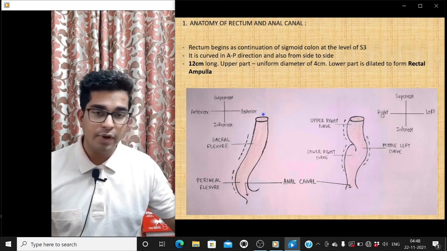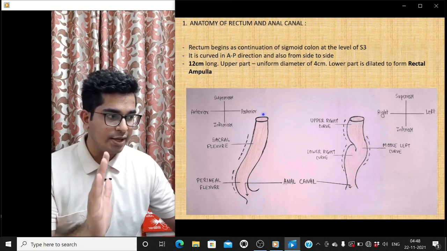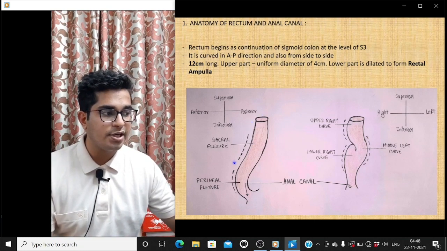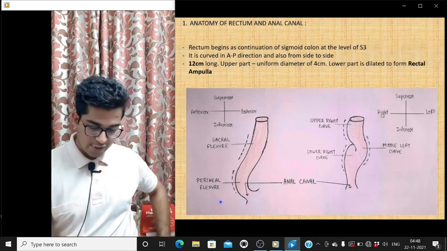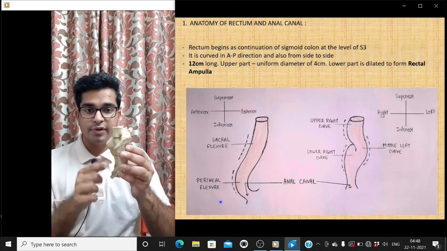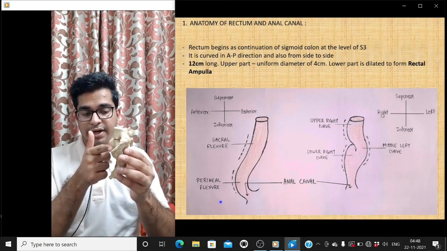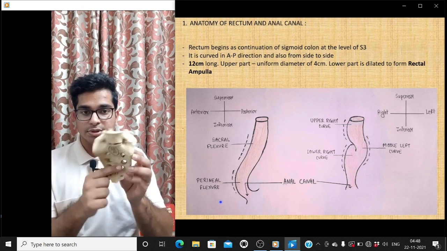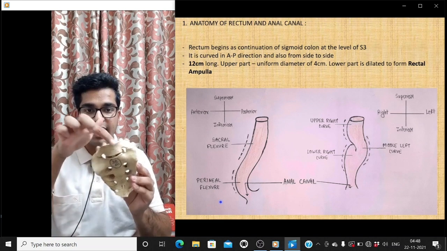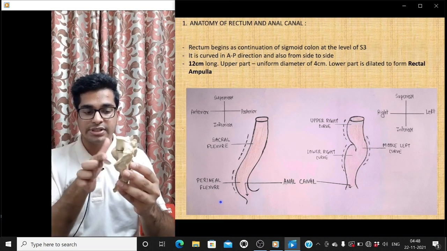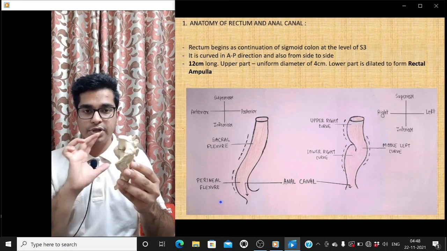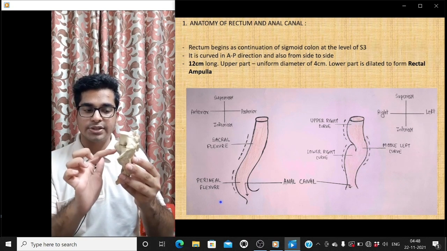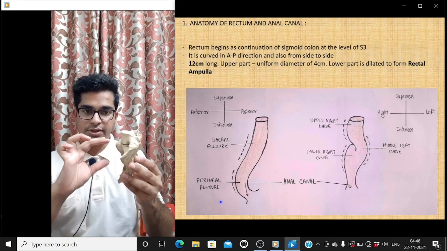See, when we look at the rectum from a lateral side, you can see that it has a sacral flexure posteriorly and a perineal flexure anteriorly. The sacral flexure of the rectum corresponds with the actual flexure of your sacrum. This is your sacrum, this is the L5 vertebra, this is your sacral promontory. You can see the curve, it corresponds with your rectum, and the rectum lies exactly at the level of S1, S2, S3. Somewhere over here.